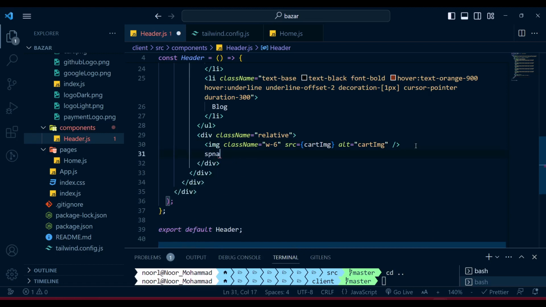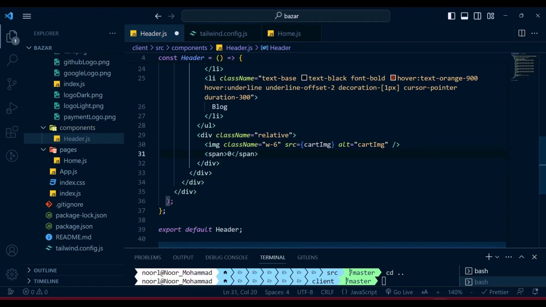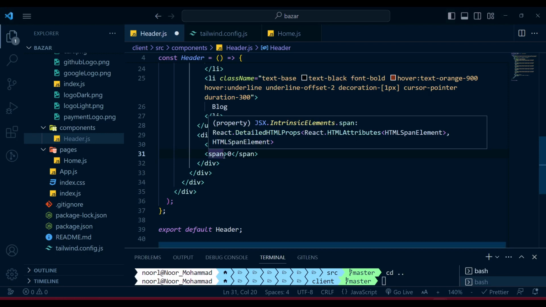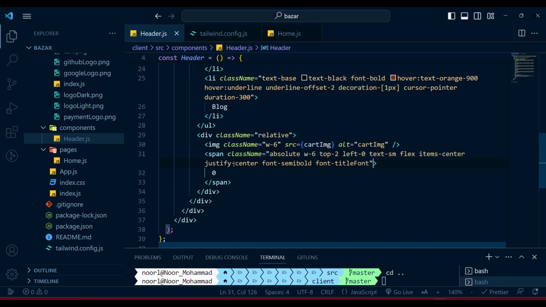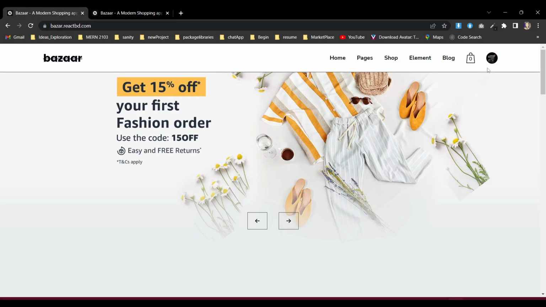I'm gonna put a 0, and also for that span tag, because I want to make it an absolute tag, let's give some class name, absolute, with 6, top 2, just a normal similar class name over there. I can actually remove that title font, because by default all the font is title font. So now we have our item number over here,